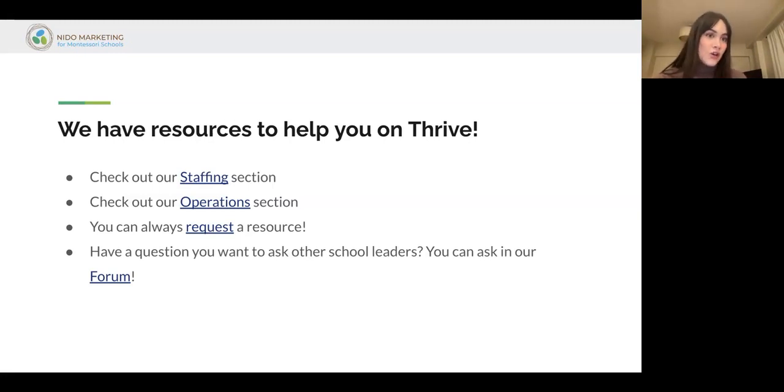So the more details or specific you can be when requesting, it really helps us make sure the document is actually going to be helpful to you. So you can always submit a request for a resource. Usually we give about a week for somebody to contribute it, and if nobody has contributed to the resource within that first week, we'll try to build that out within the next week or two so that we can get it uploaded to the collection.